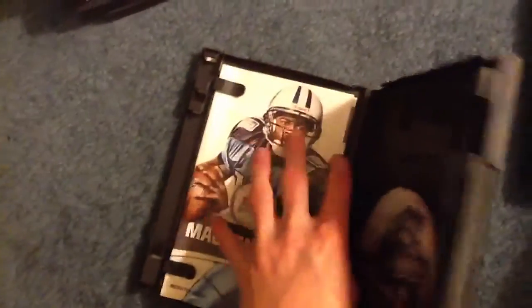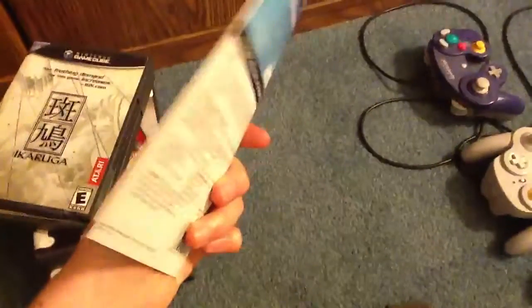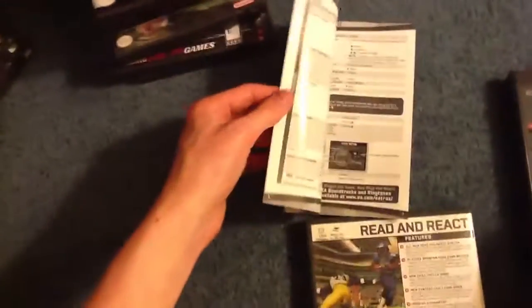But EA had the balls to put these tiny little manuals. Let me show you something. This pissed me off. Every time I got an EA game brand new back then, which I didn't get this. I got this for $10, of course. This is the manual. No color, hardly any print, and